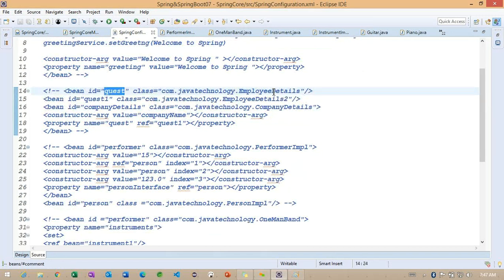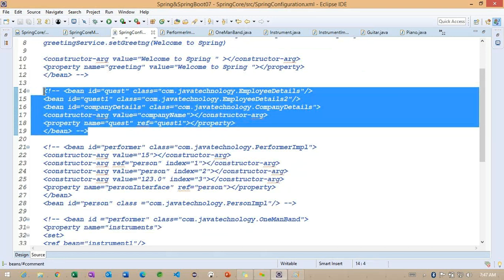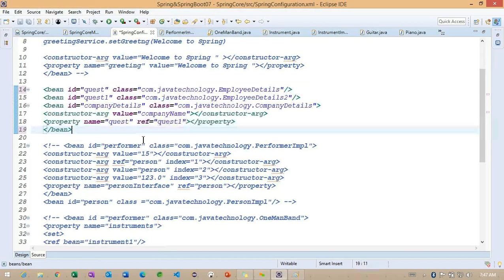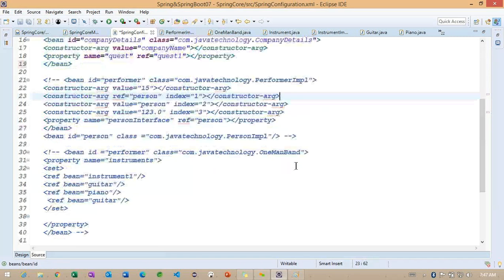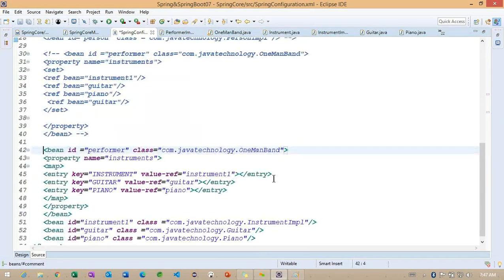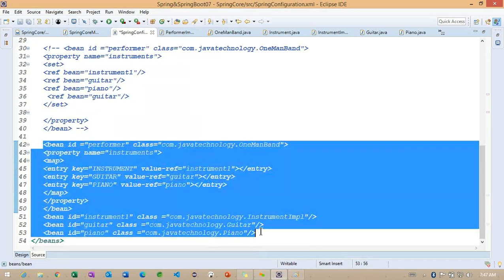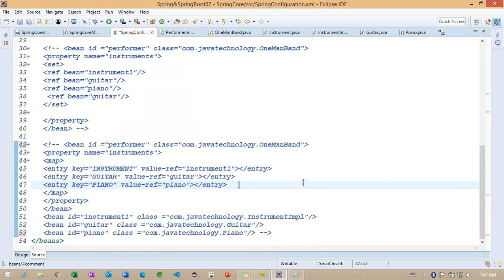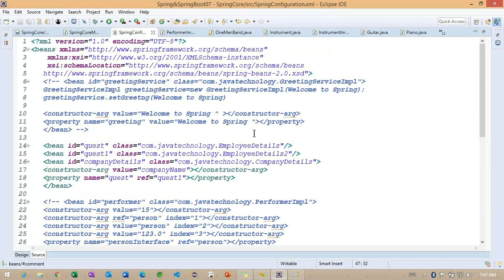So we'll move on to this particular employee details here. To enable this particular employee details, where we specified this particular object, okay, here we specified. Now let me comment this particular bean ID related information. So carefully observe here: this is the previous example we are going to run here.